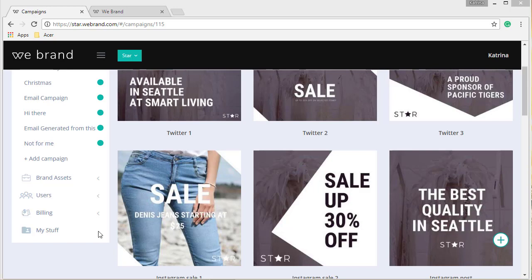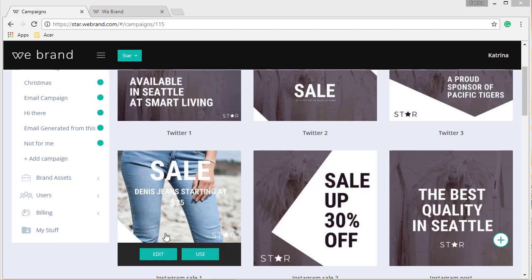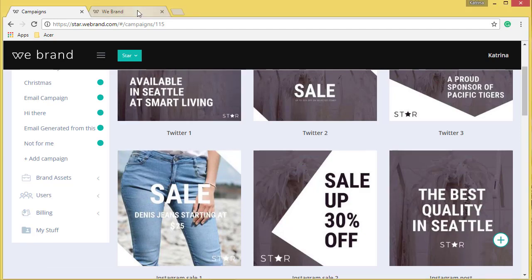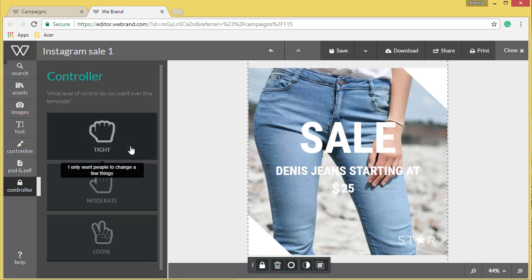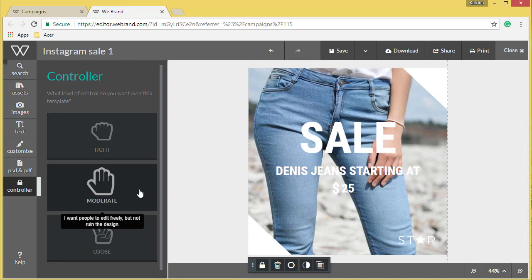First, click Edit on the template that you would like to share with your members. Once the page is loaded, you will see three default options for the controller inside of the template editor. The first, Tight, will lock all the templates except the ones that I manually changed the locking settings. The second, Moderate, will lock the design elements. For example, people won't be able to move objects or change backgrounds, but they will be able to change the